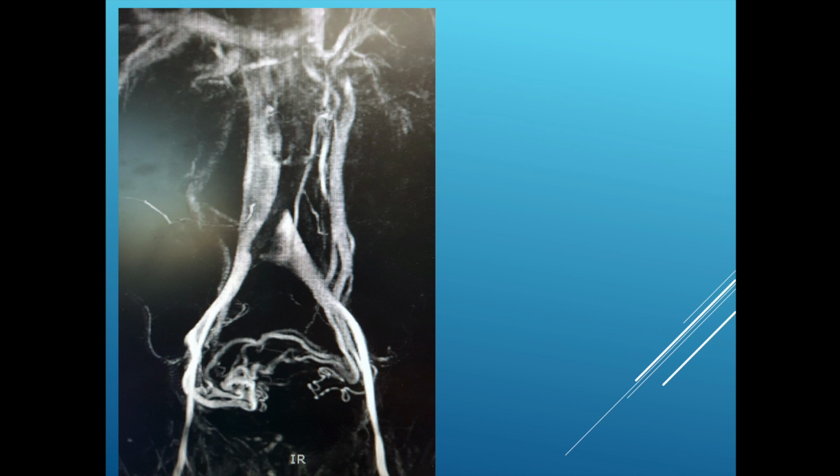MR venography is another very good tool, as you can see on this picture. The typical location of the compression right here. Filling defect in the left common iliac vein caused by the artery. You can see an enormous left ovarian vein here, filling up quite large varicosities in the pelvis. This particular woman had a combination of left renal vein compression here, left common iliac vein compression here, plus right ovarian vein, which was as large as the left one but not visualized in this picture, plus the left ovarian